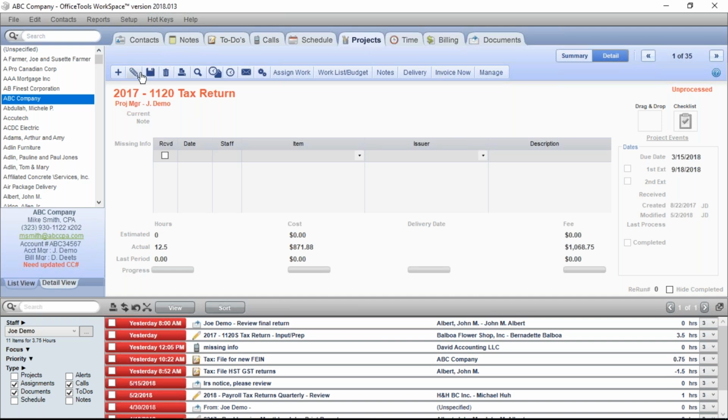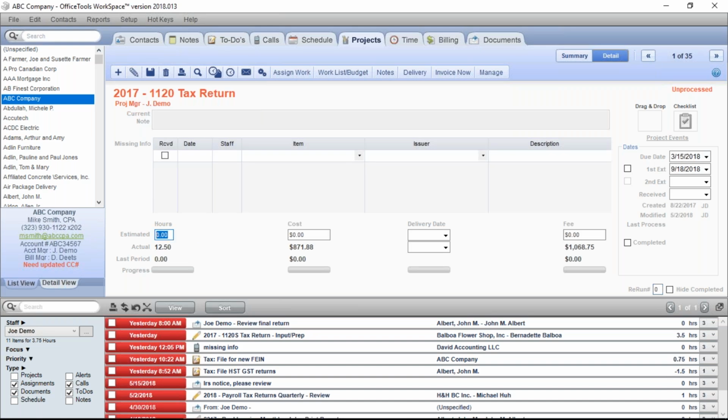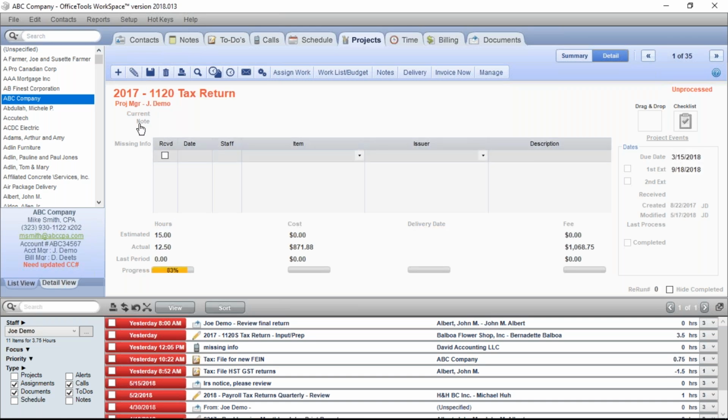In either case, you can also come into the project and actually just put in the budget, right? And that's the project budget. So we've said that this project is 15 hours. Now, as time gets tracked, you can see this just below it, that I have 12 and a half hours actually tracked against this budget, which leaves me a little bit more than 3/4 of the way through it, about 80% or so. There's alerts tied to those budgets. There's all those details there. So we now have budgets on our work.